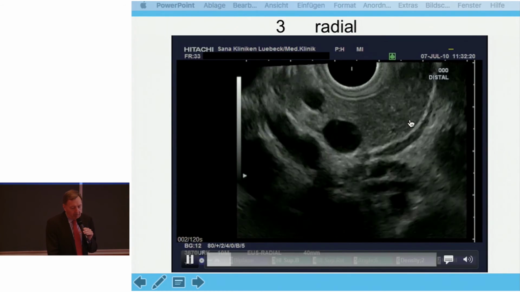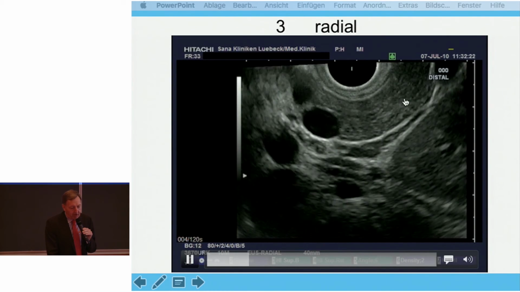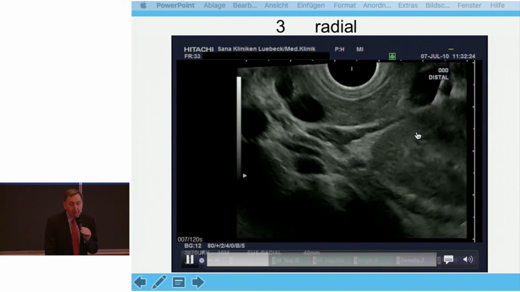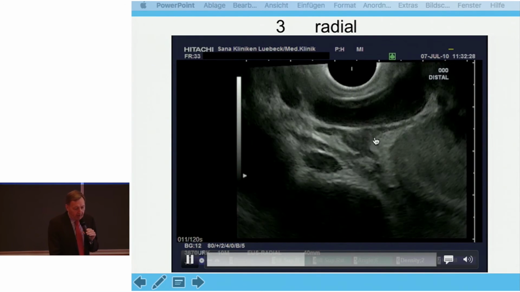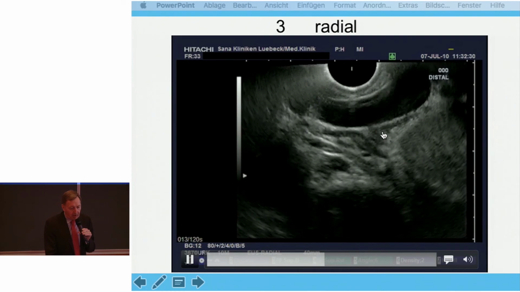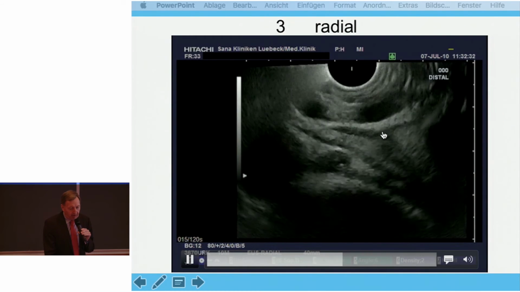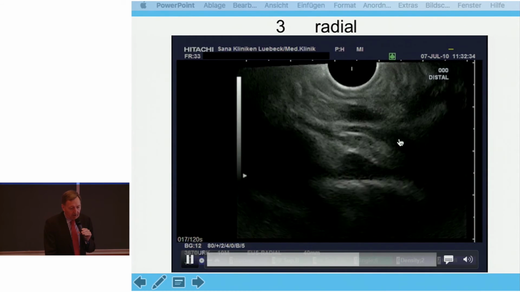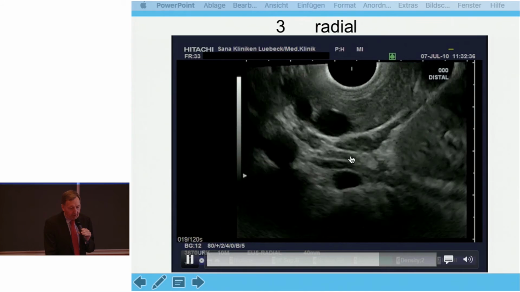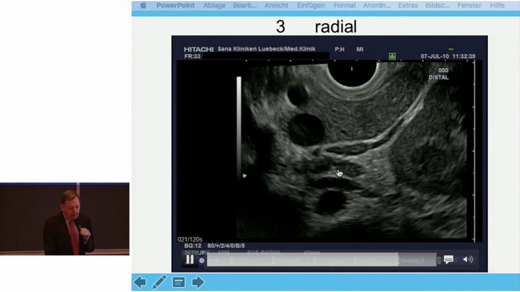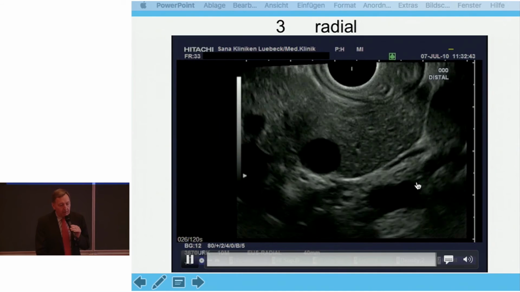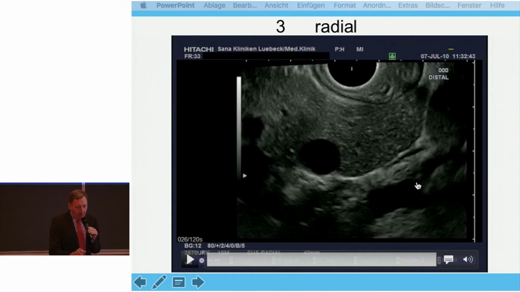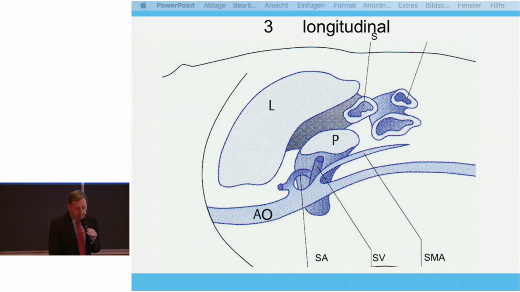On the way to the pancreatic tail, you see the very typical image of the left adrenal gland. You can see the left adrenal gland has a seagull sign, or a very typical sign, together with the diaphragma. This is the diaphragma behind, and the upper pole of the left kidney. So it's easy to follow only along the splenic vein.